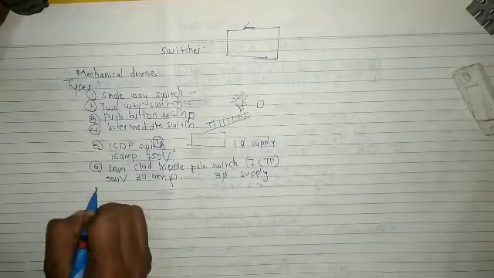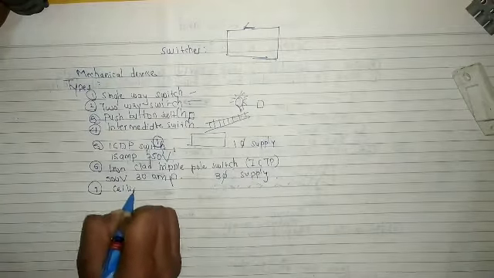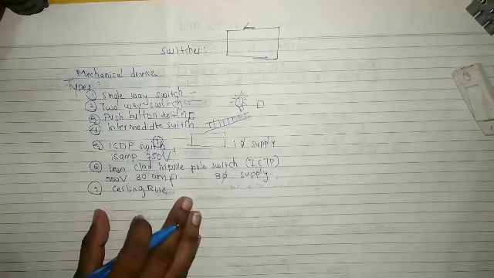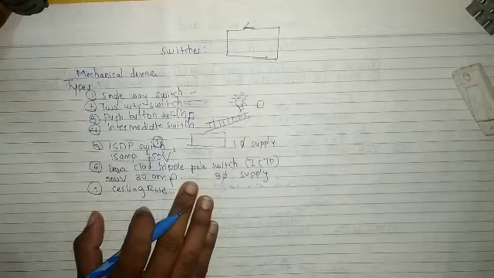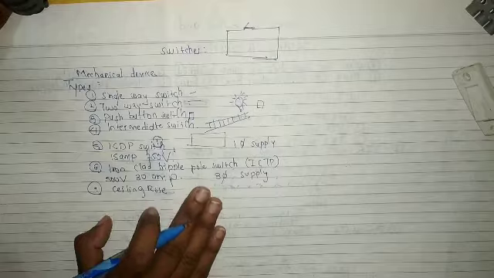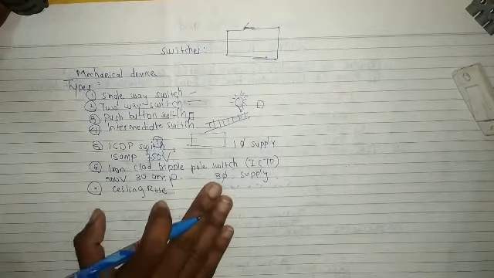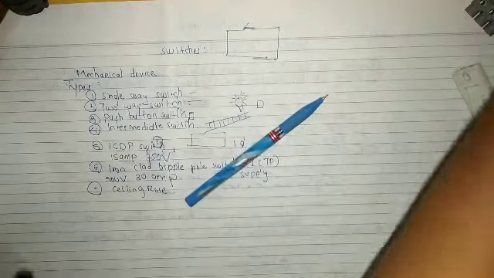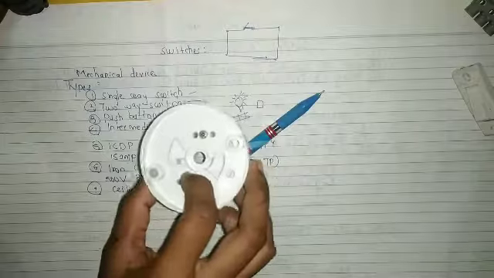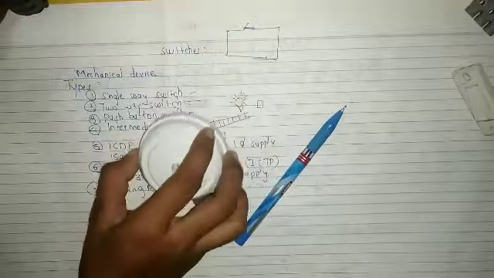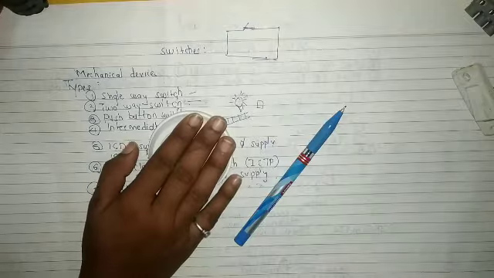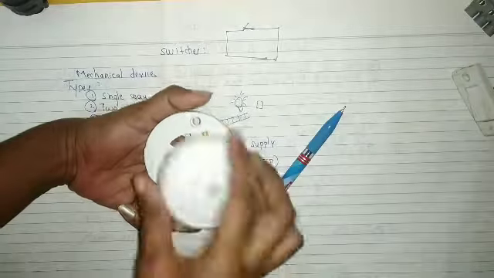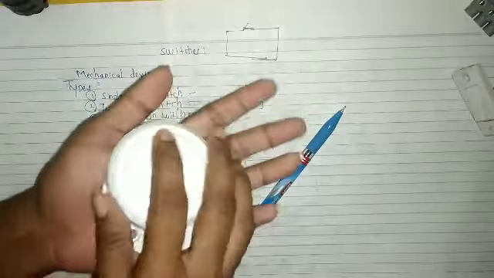Now moving to the 7th, that is the ceiling rose. Ceiling rose is used to provide tapping for 2 to 4 pendant lamp holders through flexible wire, or for the connection of fluorescent tubes, ceiling fans, etc. So I have one here. This is a ceiling rose. This is how it looks. This is how we open it, right? And this is attached like this.